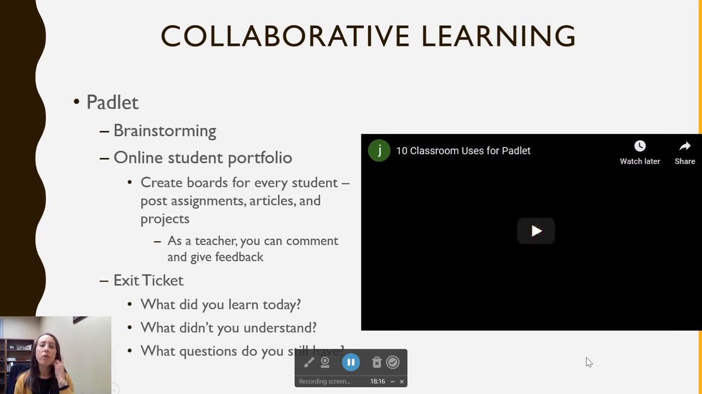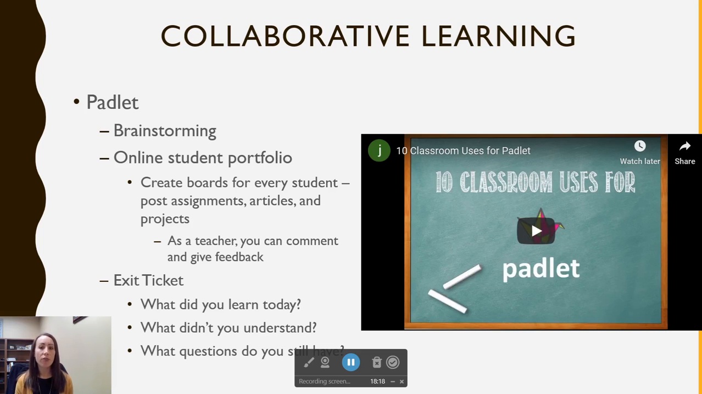So the first thing that we're going to focus on, that first key area, is collaborative learning. And the first tool that I'm going to introduce is called Padlet. We can use Padlet for brainstorming. We can use it for online student portfolios. So for example, we can create a board for each student, and that's where they can post their assignments, they can post articles, they can post projects, and then as a teacher, we can comment on those